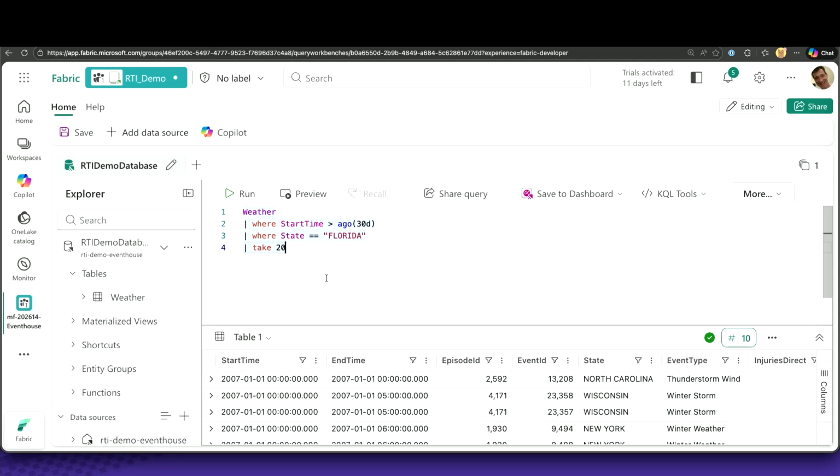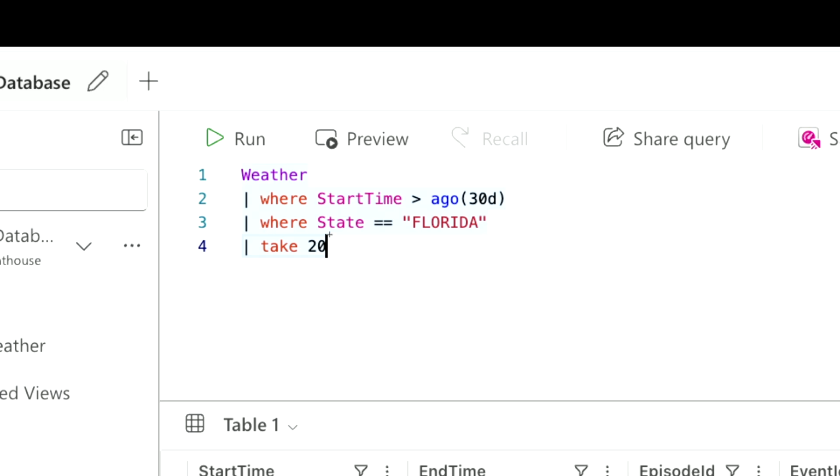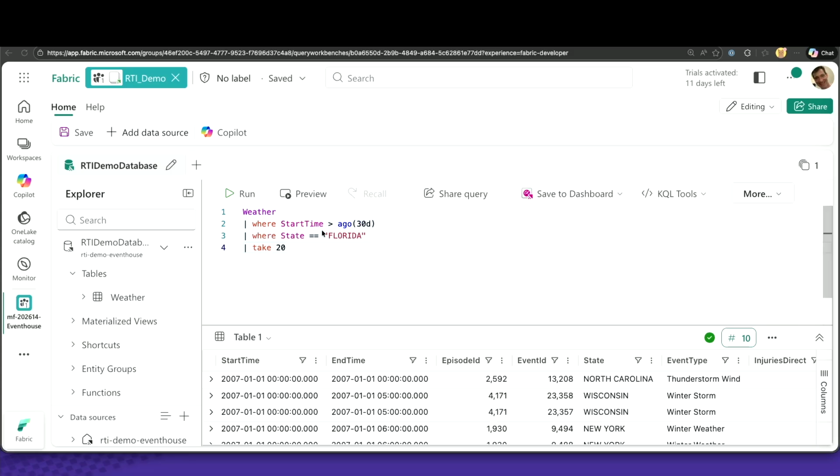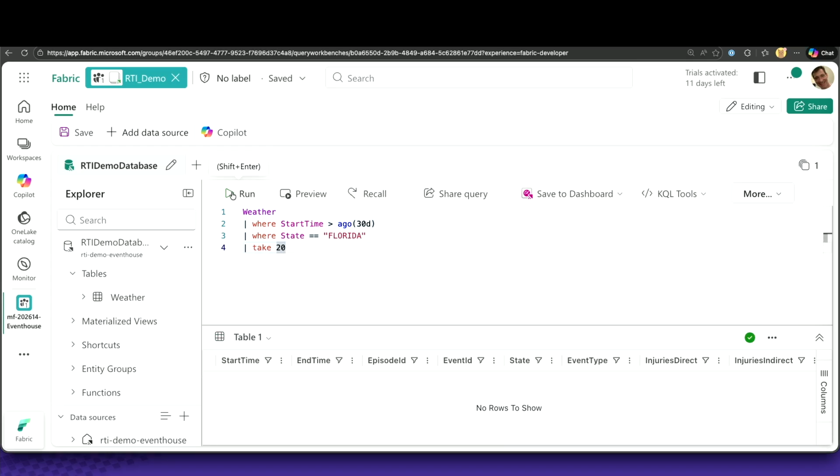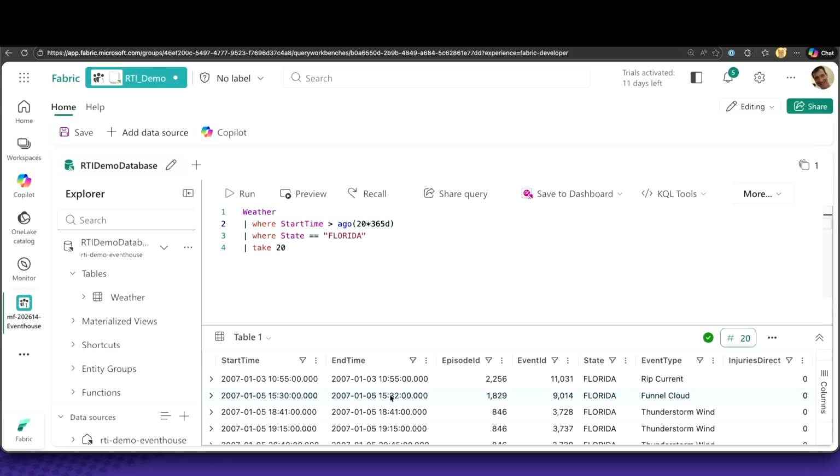rows of data, and we can enhance our query a little bit, like where start time is 30 days ago, where state equals Florida. In this dataset, it's a little bit special that we don't have data from just 30 days ago. The data is almost 20 years old. So we need to adjust our query a little bit. Well, and now you see you only have the day parameter here,